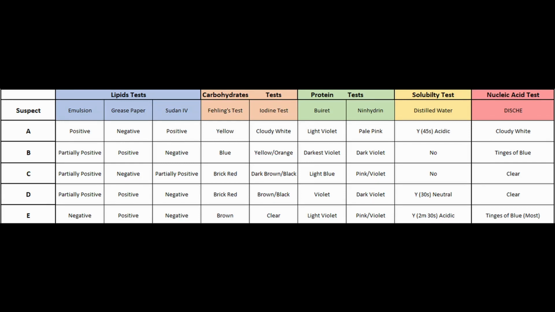This investigation comprised a series of experiments designed to determine the presence of certain macromolecules within samples of 5 different breakfasts, each suspected of poisoning Dave Angel. The aim of this investigation was to build a biochemical profile of each sample in order to ascertain which of the breakfasts had been contaminated. The results of these investigations are recorded in the table shown. What conclusions may be drawn from these results?